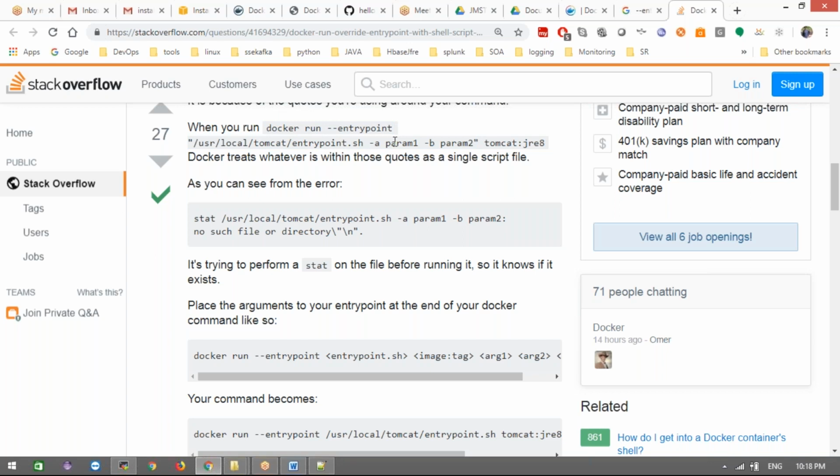Everything needs to be overridden. That's clear, right? We can't simply say we can override; we must specify the complete command of the entry point and parameters. Then we can override. Okay, clear guys?